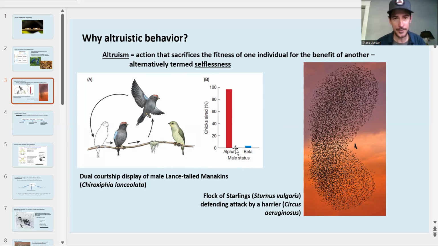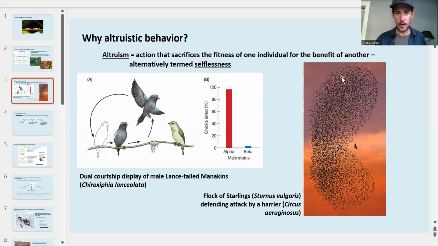Alpha males, unsurprisingly, tend to sire most of the chicks. Now, sometimes beta males will go on to become alpha males in future matings, but this is just a typical situation where this beta male is sacrificing its own fitness in order to benefit the fitness of the alpha male. Why might this happen? Likewise, we can talk about flocks of birds or even schools of fishes,